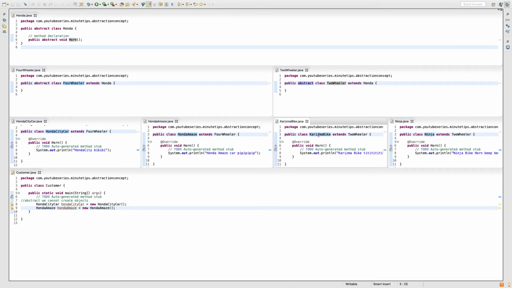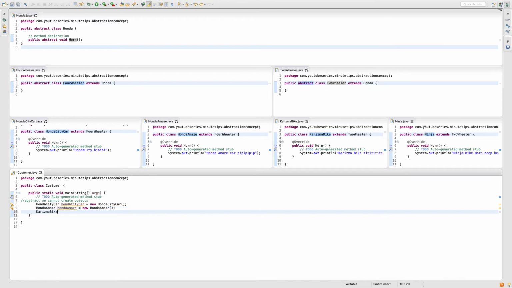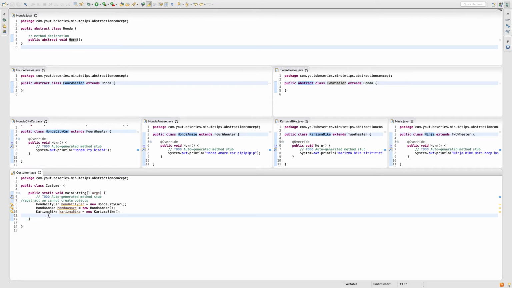Similarly for my Charisma bike, and lastly my, let's say, Ninja bike. Sorry, I have not placed Ninja bike there, I just placed Ninja and Ninja here.